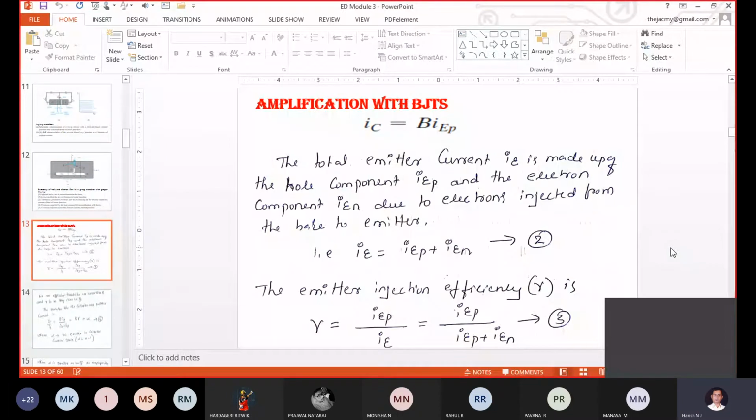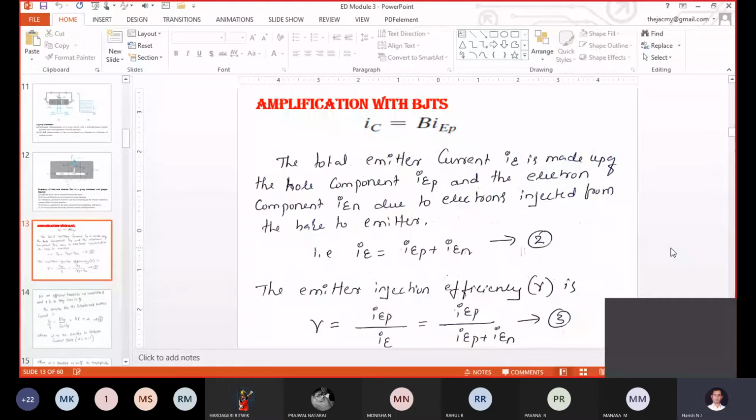Correct. The same way, how much gain you want to get or how much final amplification you want to get, that gain quantity we are going to decide with the help of RF divided by R1. It means the two resistances we are going to vary for achieving the required amount of gain. Correct. The same way here also.